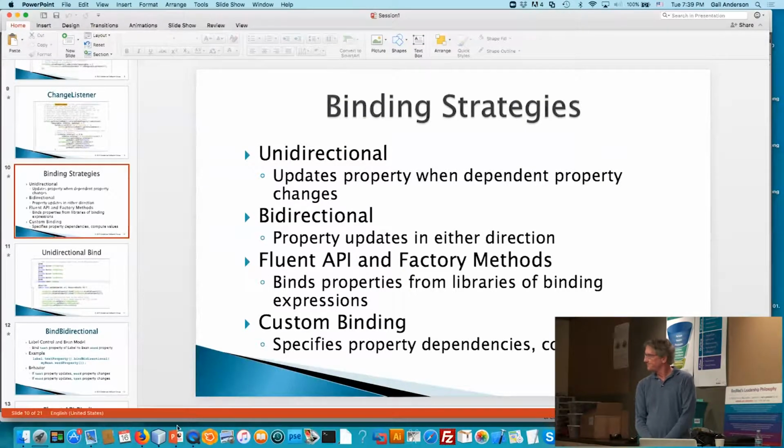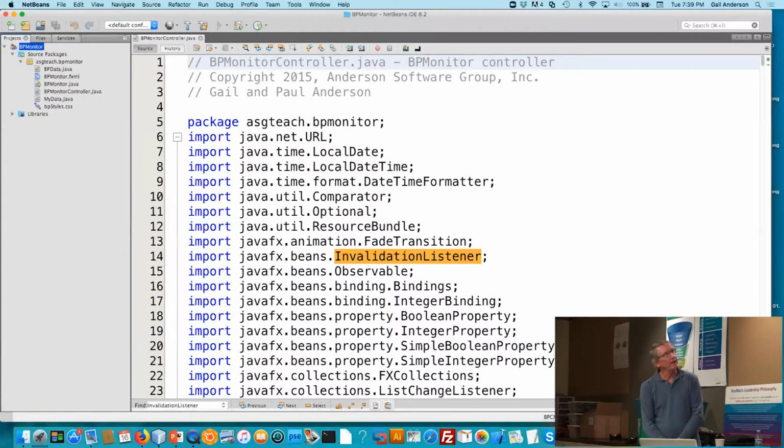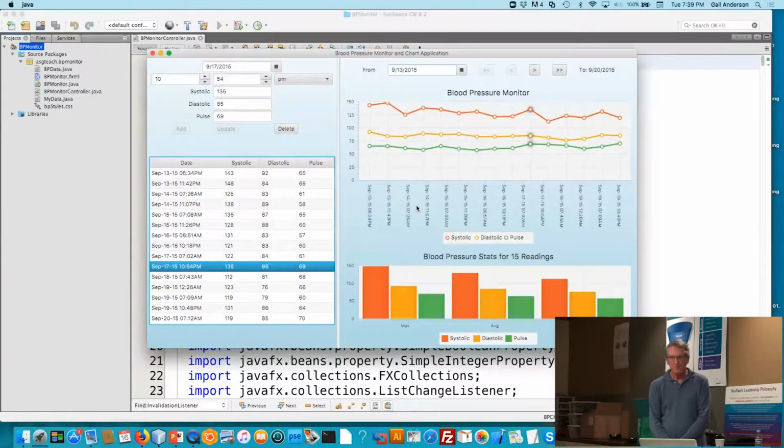Okay, so let's show you a first example. Go ahead and show them an example. Okay, so the first one we want to show you is the unidirectional bind, and I'm just going to show you the behavior, and then you're going to go and look at the code. So the behavior is,